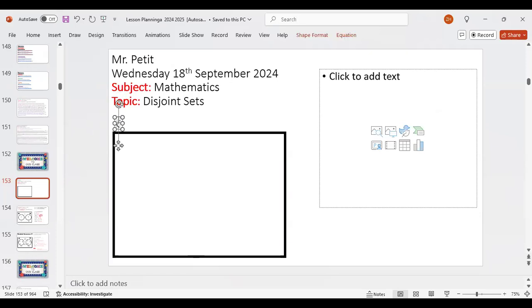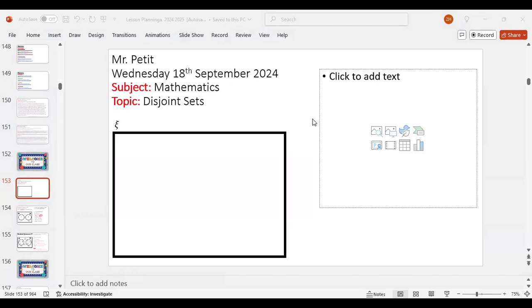All right. So I want you to first draw this rectangle. What do we use to draw a rectangle? We make sure that we use a pencil and a ruler. If you do not have a ruler, make sure you use a straight edge.